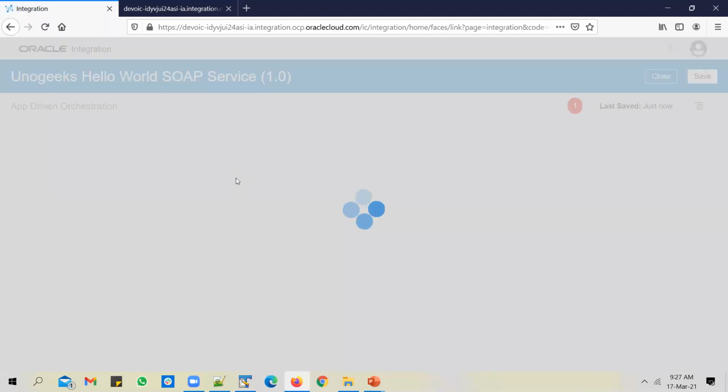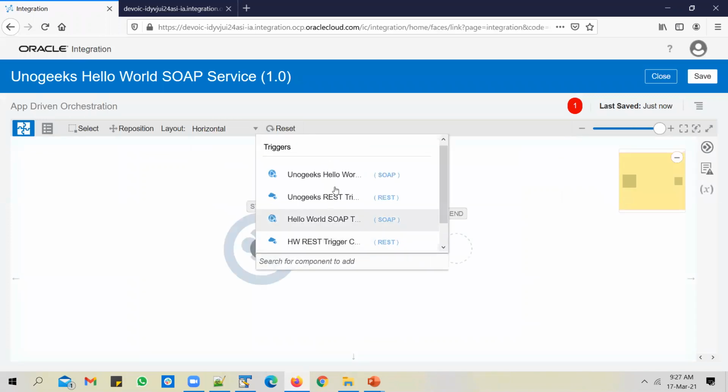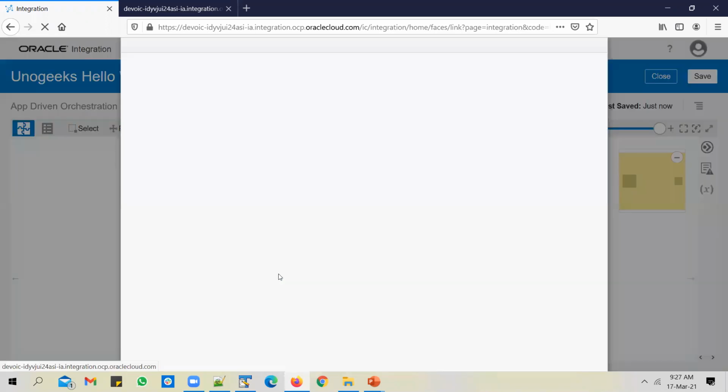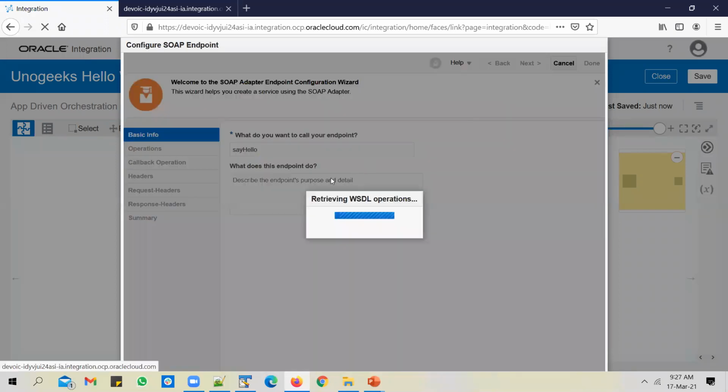Create it. Change the layout to horizontal and use the SOAP trigger connection that you have created, and call this endpoint say hello, because all it does is say hello.